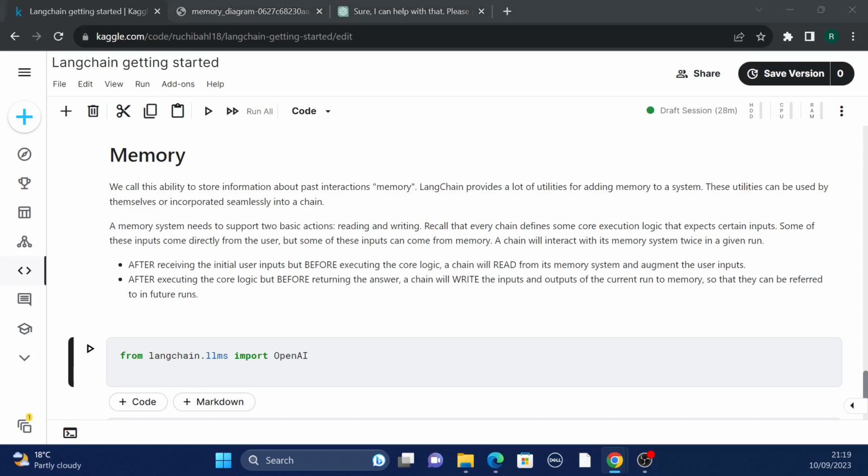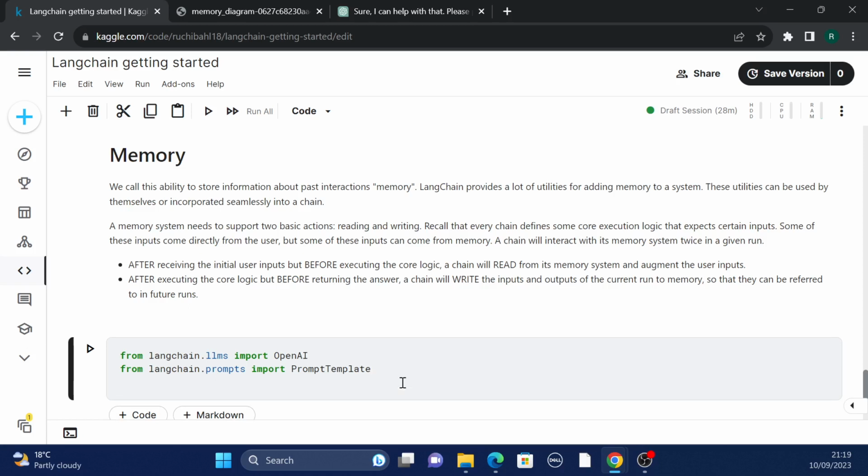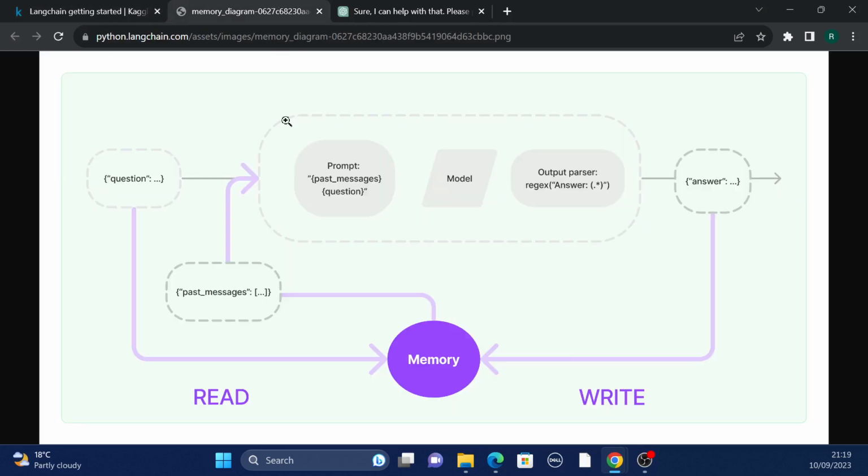So I guess from my previous videos, if you have seen those videos, you know that we need the model to create my LLM model to make some predictions, and we need the prompt template to ask the question to the model. Okay, so we need these two imports. Now if you have seen my last video in which I discussed LLM chain, you know that all these things, the prompt template, the model, the answer, everything, actually work as a chain.